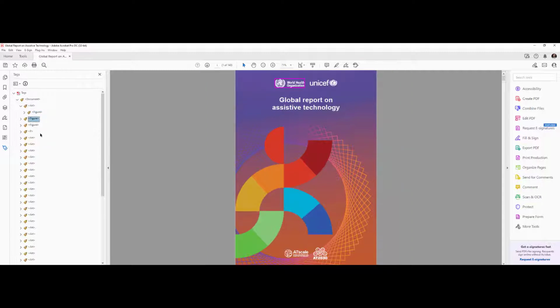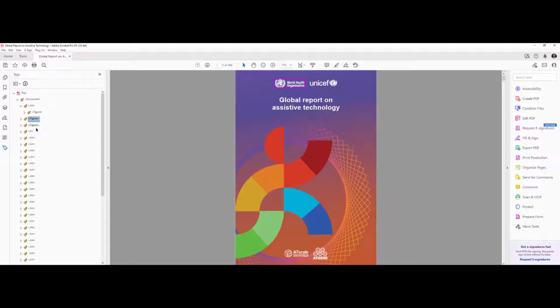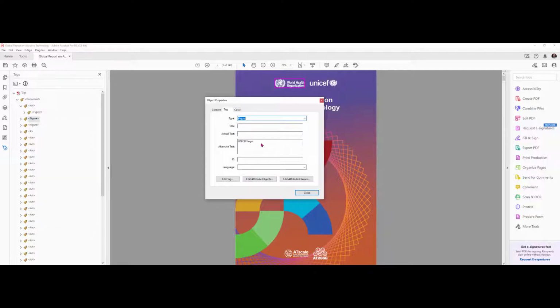Right? So now we're going to walk through this, and the first thing the person is going to hear is campaign people's icon. Then they're going to hear World Health Organization logo if the properties are set, and that says UNICEF logo. So that's the wrong alt text for the wrong image. So we're going to cut that, and World Health Organization